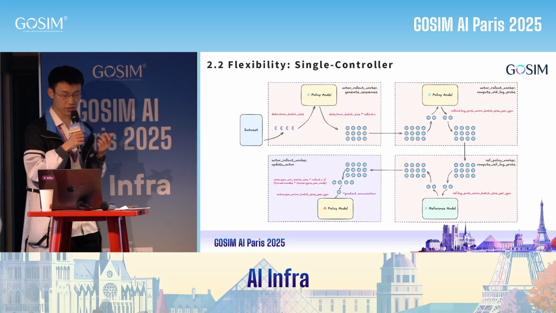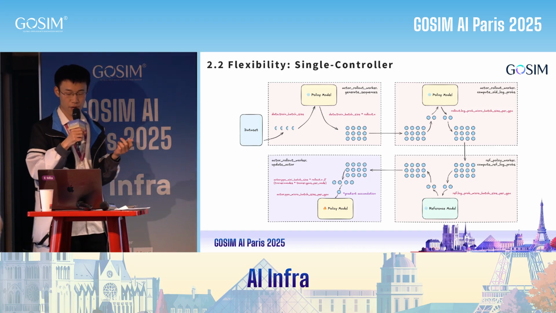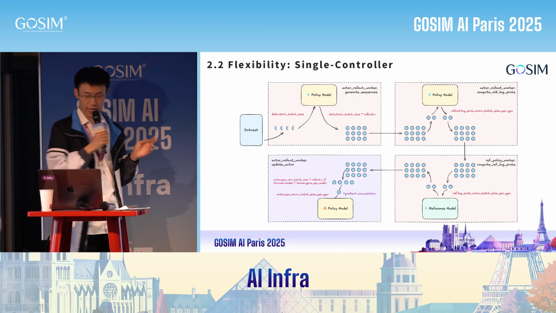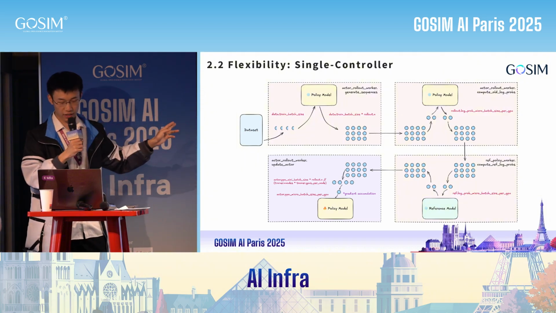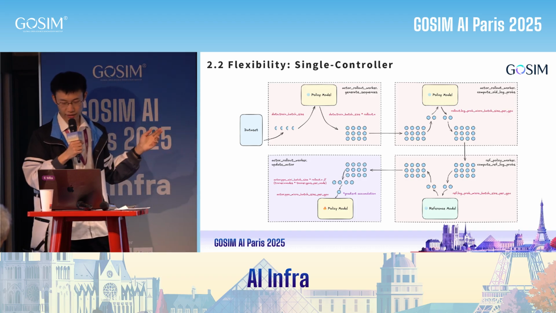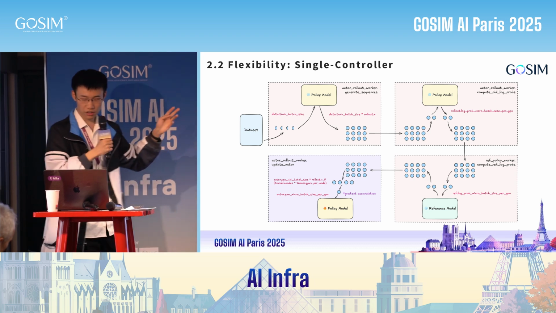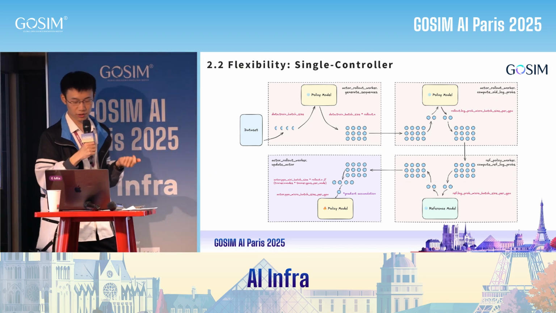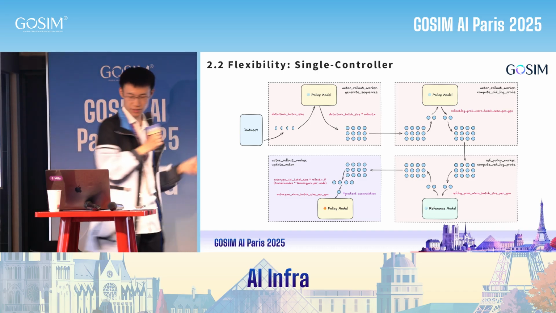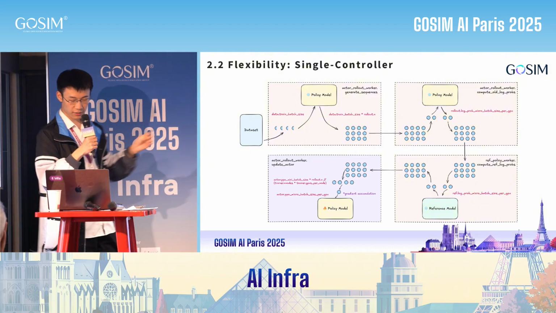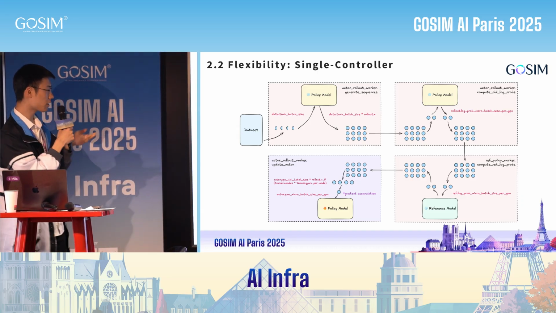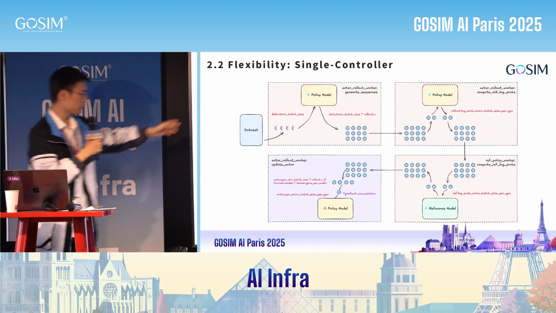Here is an illustration of the hybrid controller programming paradigm. Taking the GRPO algorithm as an example, the single controller executes four different steps sequentially. First, it loads the prompts from the dataset and uses the actor model, or policy model, to generate the corresponding responses. And then it uses the policy model and the reference model to compute the log probabilities. And finally, it uses the experience